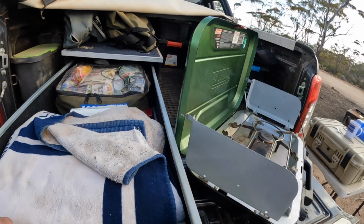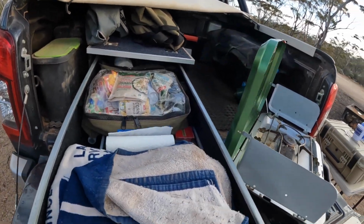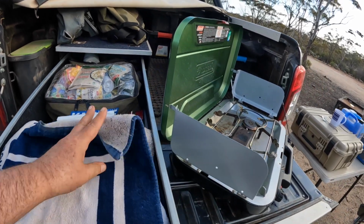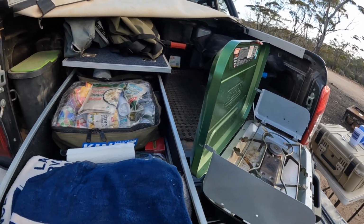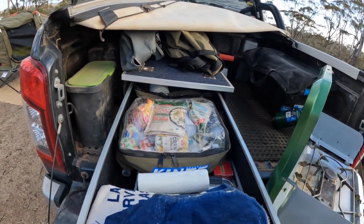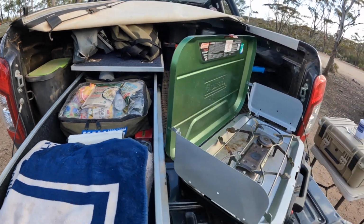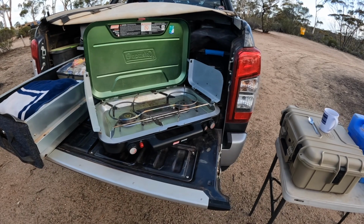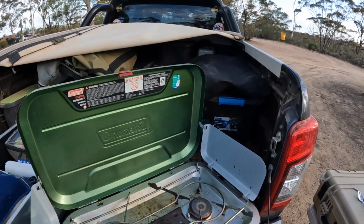Okay, so basically that's the pantry with all of the bits and pieces that I have in here. It doesn't get too much dust in, but I've got a couple of towels right at the back here that stops any dust from getting in. I've been away for 3 weeks, so you can see that's relatively clean. I like to cook out of the back of the vehicle, that way if it is a little bit windy we're all good. I've got a couple of storage boxes,